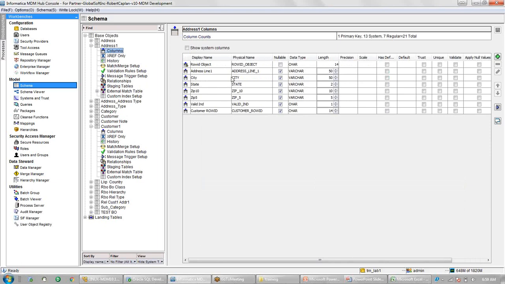When we go to the IDD side and want to see all the address columns, this customer row ID column will show me numbers 1, 2, 3, 4. It's storing the primary key of the parent table.